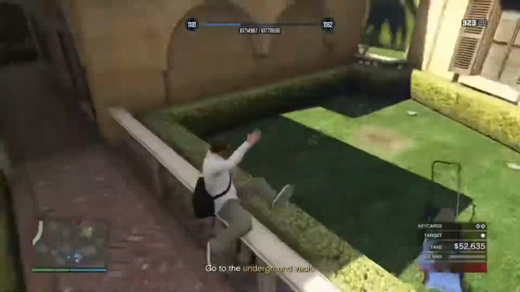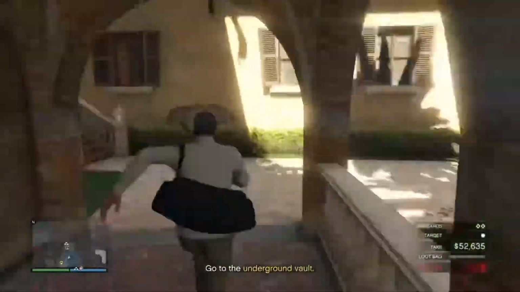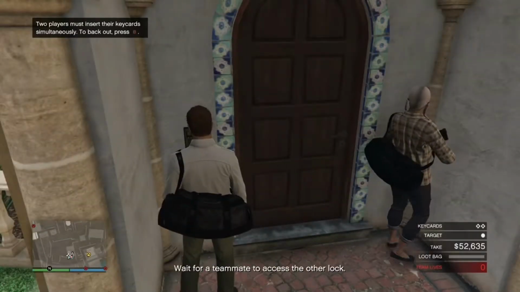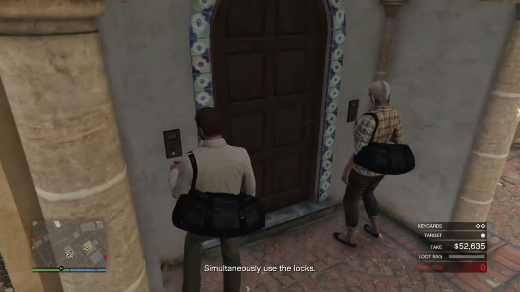And finally, if he doesn't have the card, then you're going to want to head this way and take out this last pair of guards. And by this point, one of them will almost certainly have dropped the card. But anyways, now that you've got both the key cards, you can go ahead and start filling up your bags